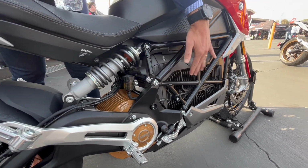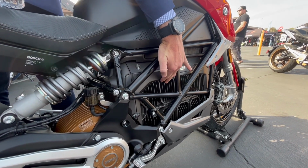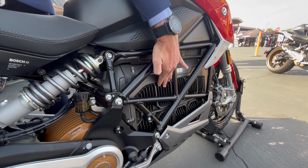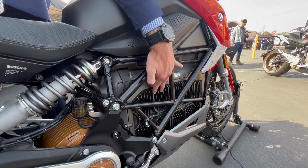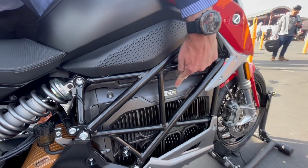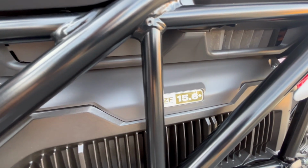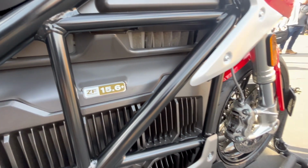You can increase your torque from a whopping 124 foot-pounds of torque to 140 foot-pounds of torque on a sub 500 pound motorcycle. It'll definitely get you where you're going in a quickness, and you can add the entire complement of that Bosch Advanced Motorcycle Stability Control. It already comes equipped with straight line ABS, traction control, and rain modes, but then you can also add drag torque control, cornering ABS, and everything you could ask for as far as the software and the control features to handle this effortlessly